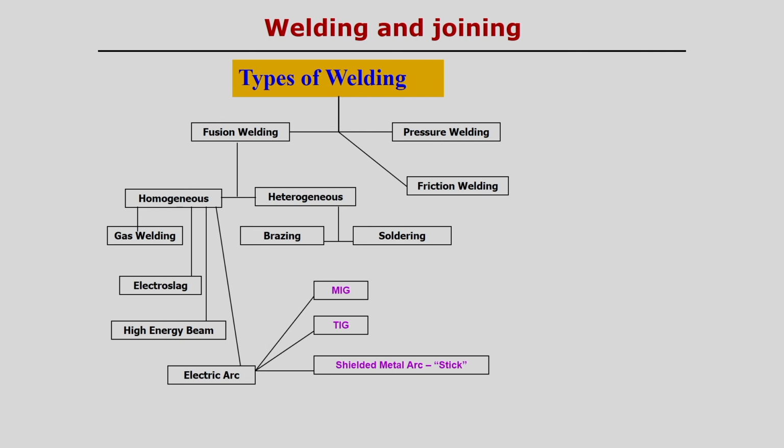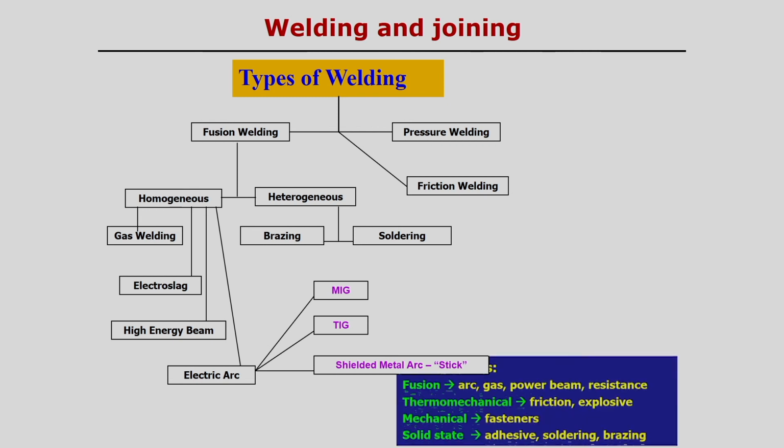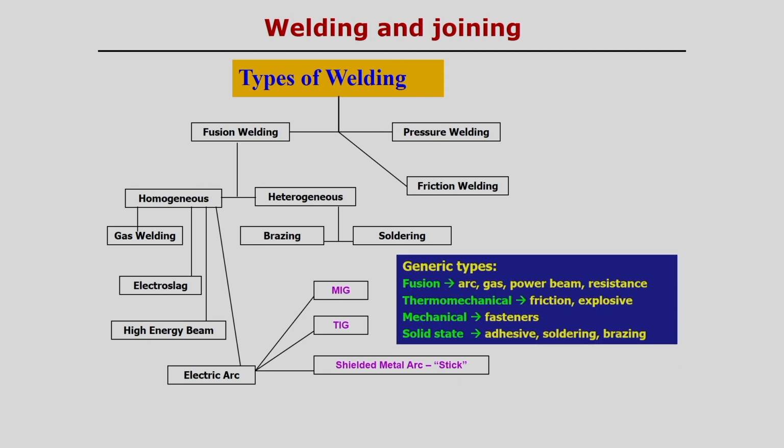Now, the most commonly used welding processes, that means we can say electric arc, that comes under the MIG welding process. We know the metal inert gas welding process or gas metal arc welding process, then TIG welding process, shielded metal arc welding process, that means simply we use a stick, sometimes it is called stick welding process. So, we have some idea of these welding processes, because somewhere we have seen the wide application of these processes.